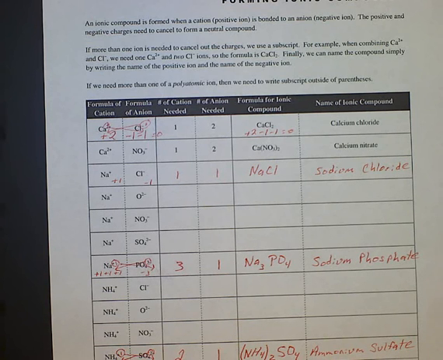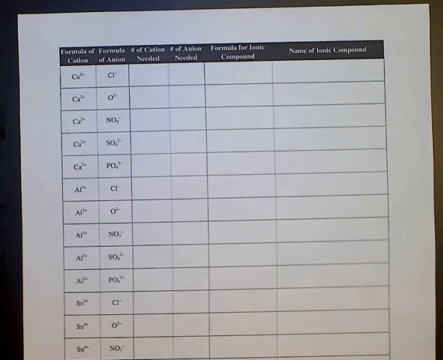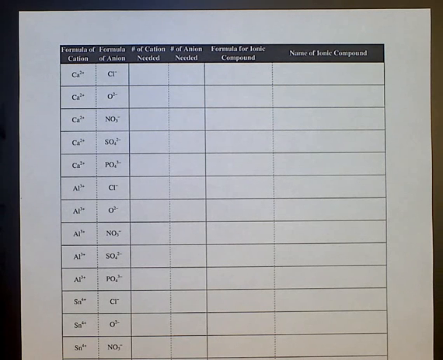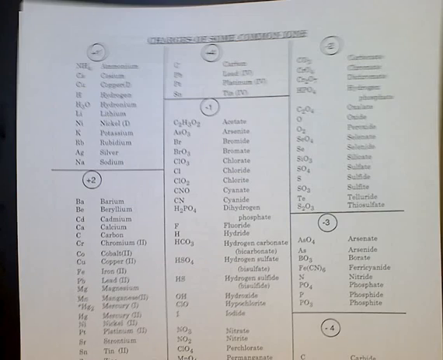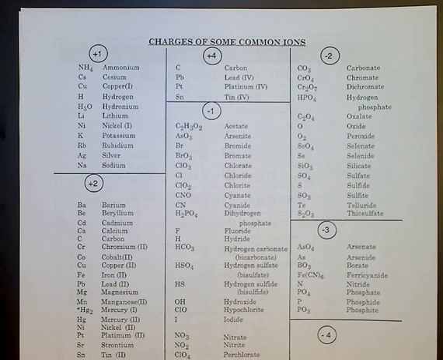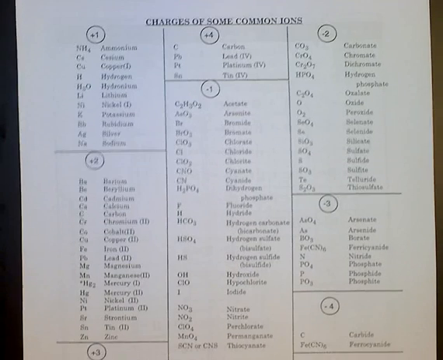The goal is to balance our charges. I'd like you to look on the back side of this worksheet. And before we get there, if you could look at your common ion sheet, you'll notice some of the cations